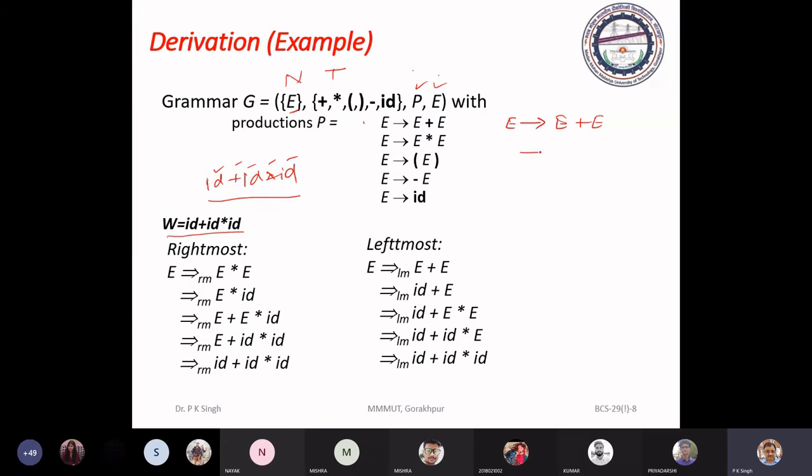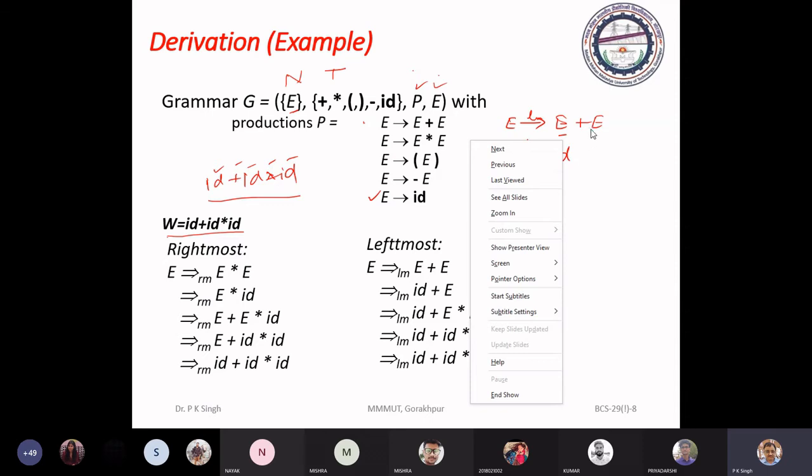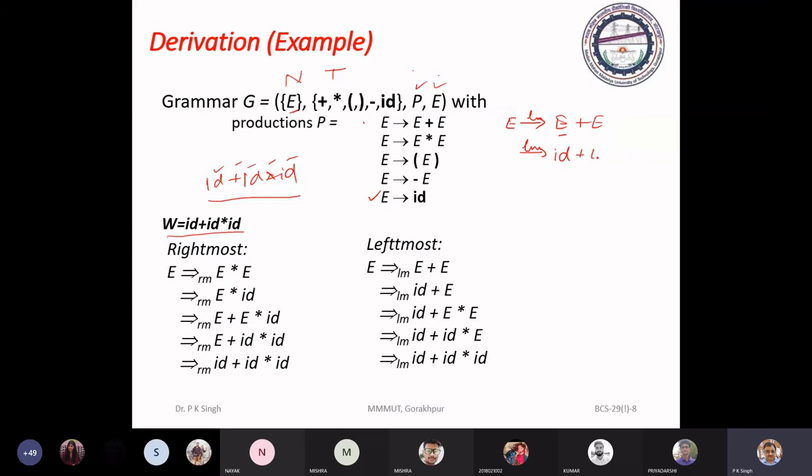Now we consider leftmost here. You can write LM, E to ID. Which production have we used here? This production. This E is replaced by the right side of the production. Plus E. Then next, ID plus, this E to E asterisk E, means we have replaced it by its right side.